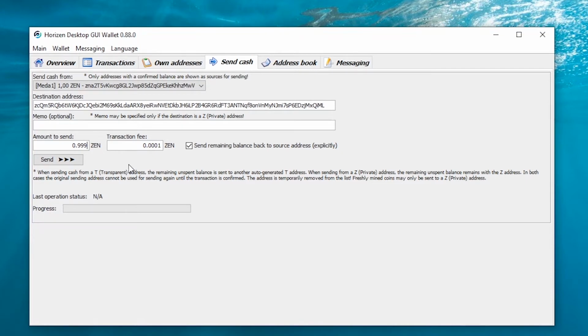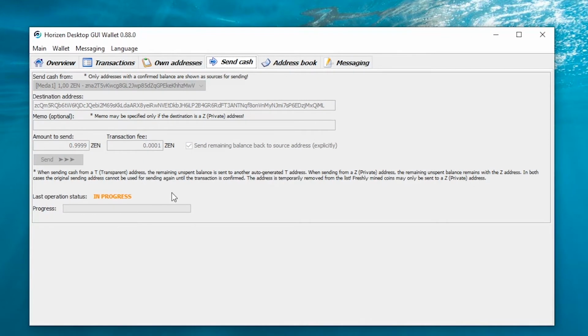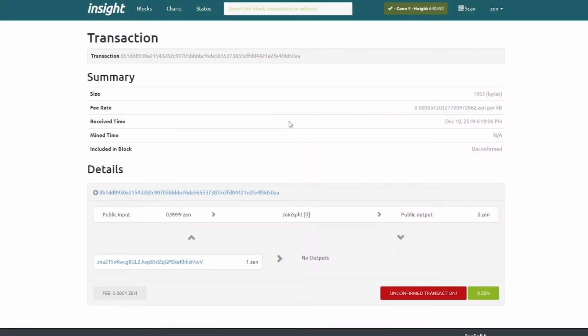Follow the same steps, and we can see that the operation is in progress. You will see a status bar that fills up. And just after, you will get the confirmation of the creation of the transaction with the possibility to view it on the Blockchain Explorer. So let's click on that option. You will see the details of the transaction.